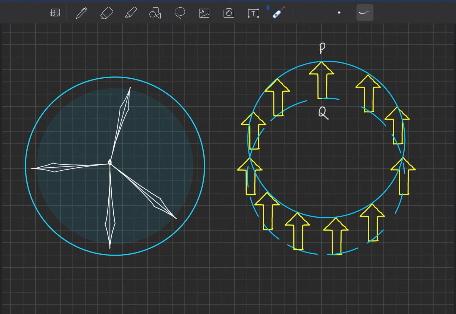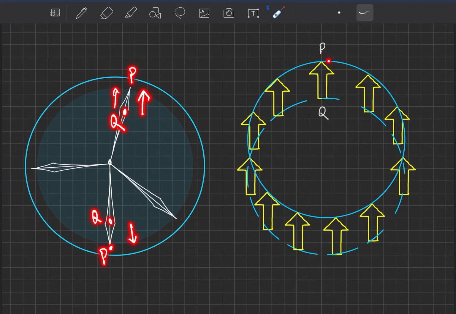Here if we observe, P and Q move about the same point, but their paths are not the same. If Q is a person, here he has to look upward to look at P, but here Q has to look downward to look at P. That means the objects are changing their orientation with respect to each other. Here Q has to look upward, but here Q has to look downward.